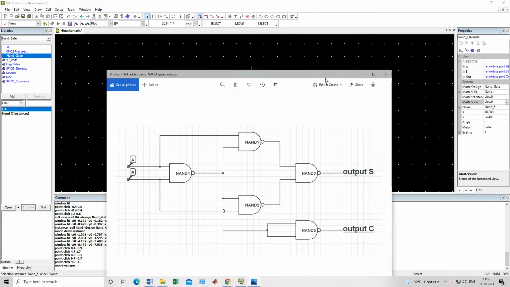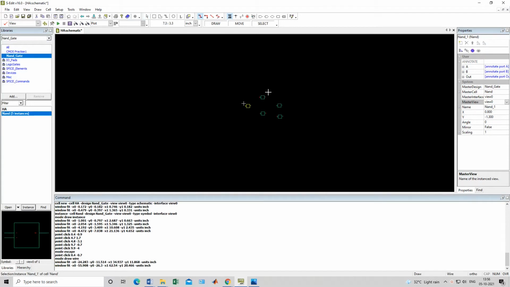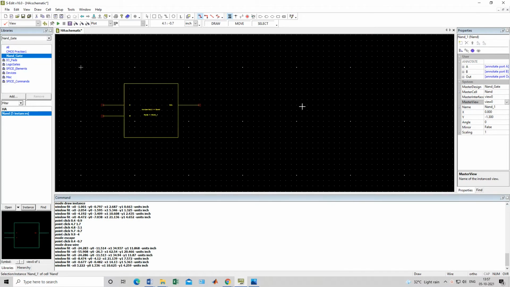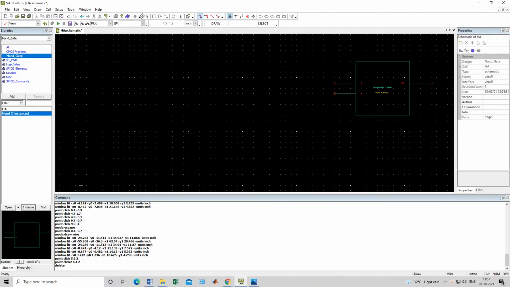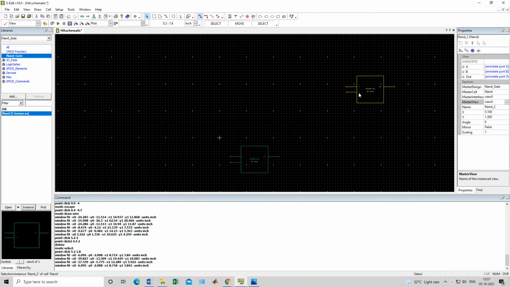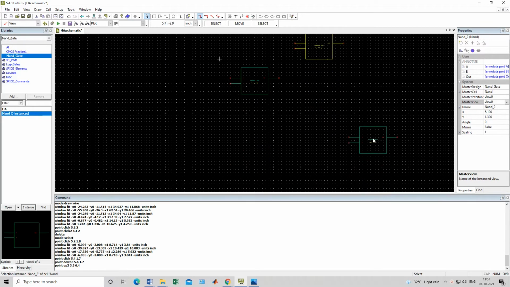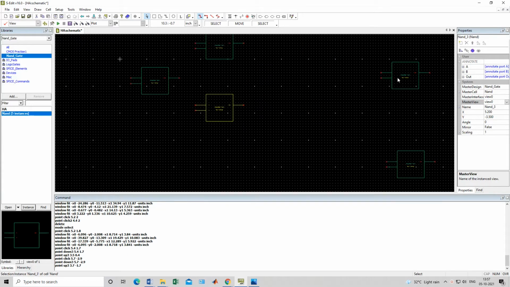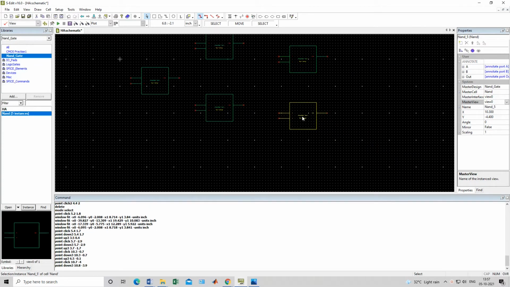Select one wire. I will increase the width of this. First I have placed it in these NAND gates and I have to place them closely, so that the connection will be easy to connect. So select the wire.